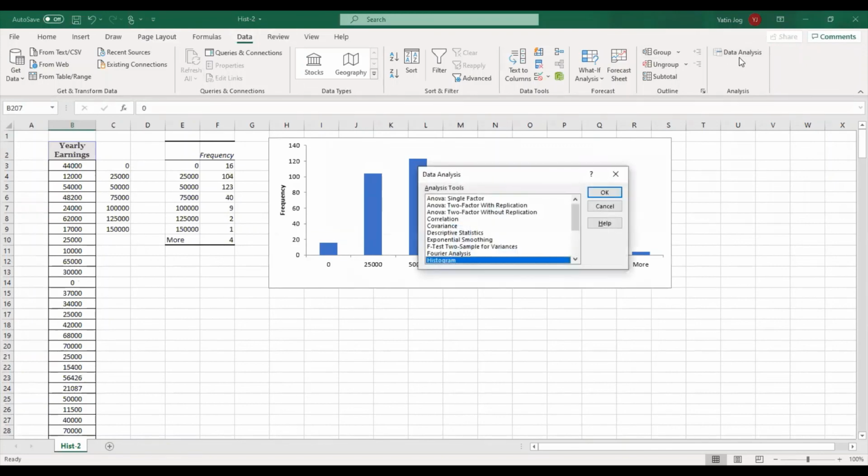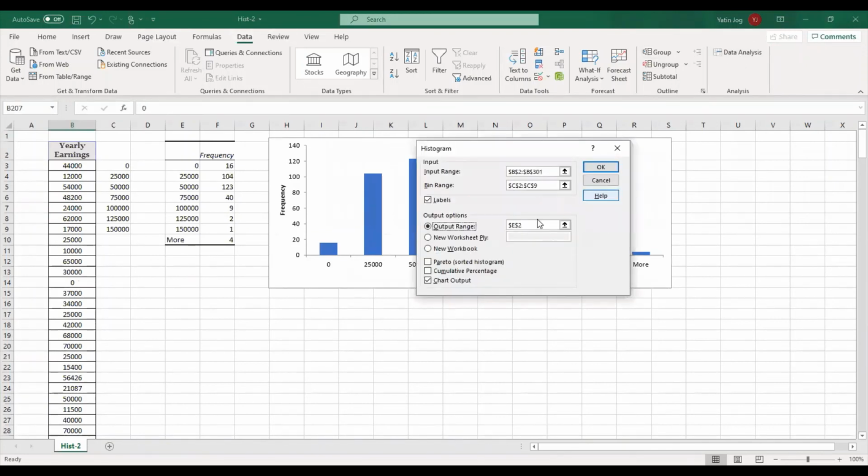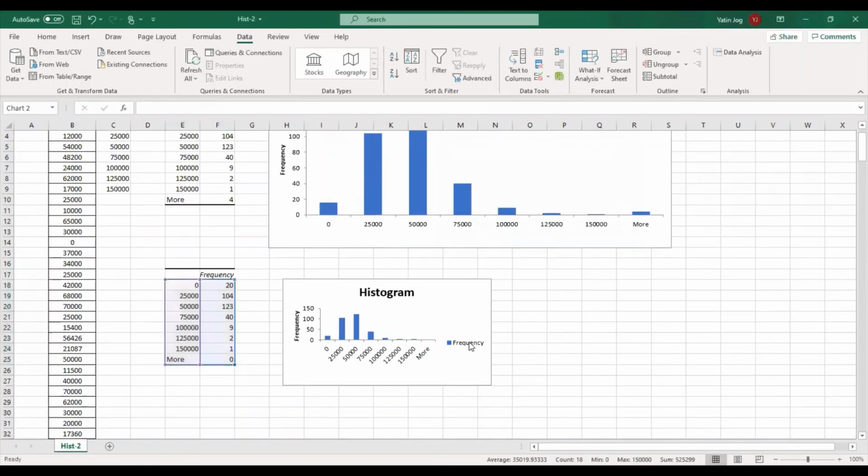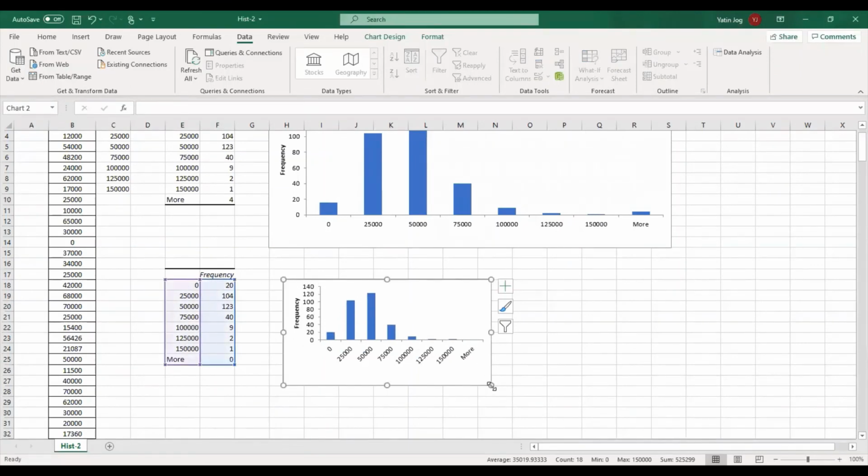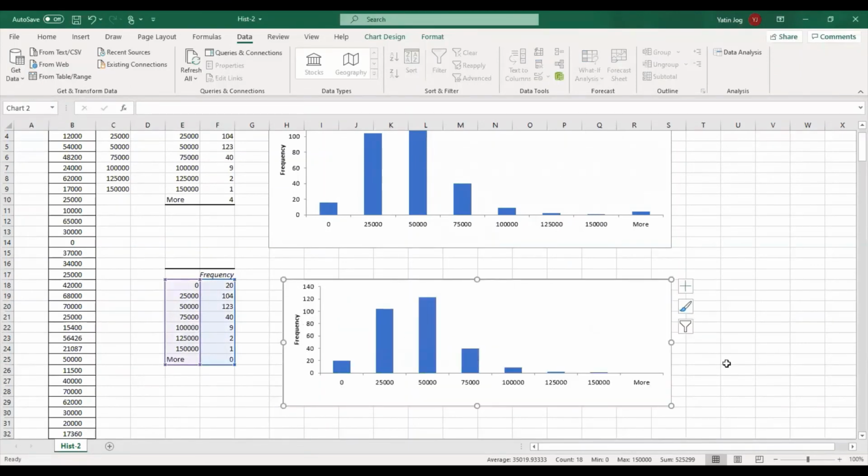So I'll again go to data analysis, histogram. The input range will remain same, bin range will remain same, but for the output, suppose now I want to display output from this location, and click on OK. Now you'll get this. So this is a changed histogram. Now you can see we have removed those 4 values from here, and now I'm getting some kind of good distribution in this data. Now if you want to go into more details, you can create smaller class intervals, maybe of 15,000, and you can go for 10 class intervals between 0 to 1,50,000, and then you can get a good histogram.